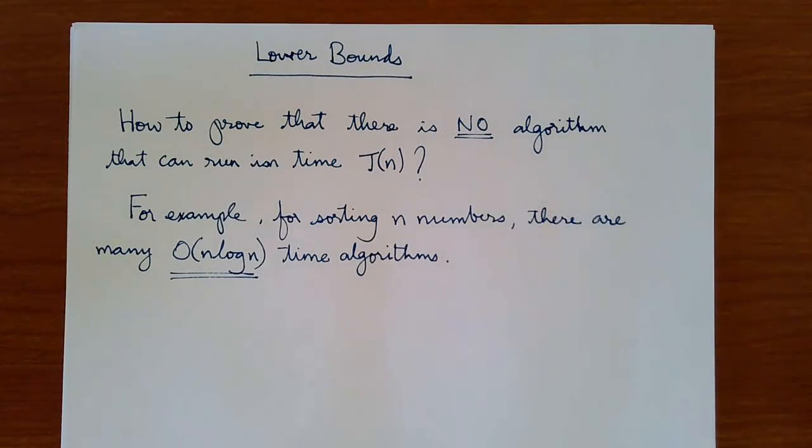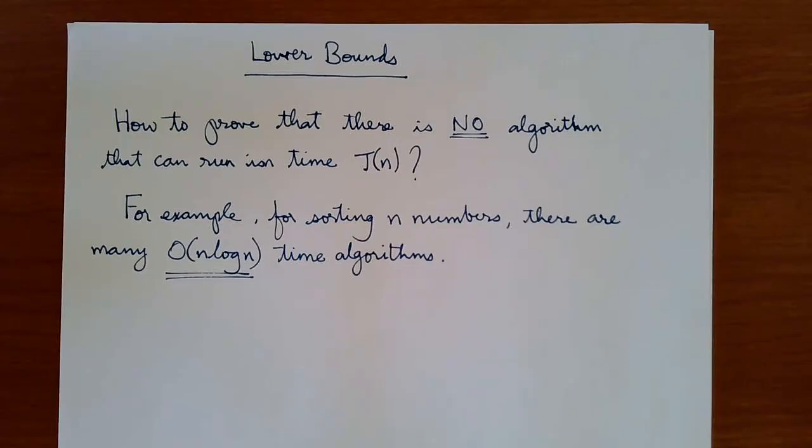So we get n log n from merge sort, from heap sort, from randomized quicksort, maybe by actually inserting all the numbers in a red-black tree and then doing deletions. That also gives n log n. And so there are multiple ways in which one can sort n numbers